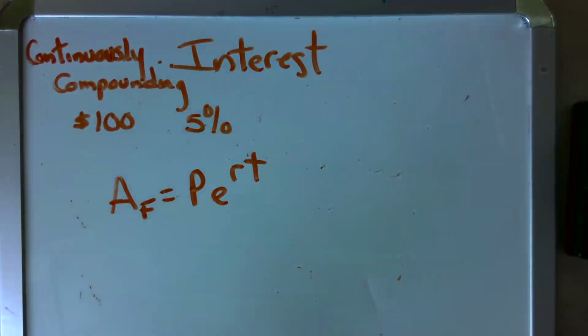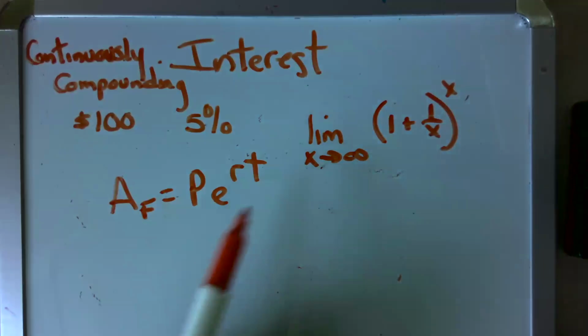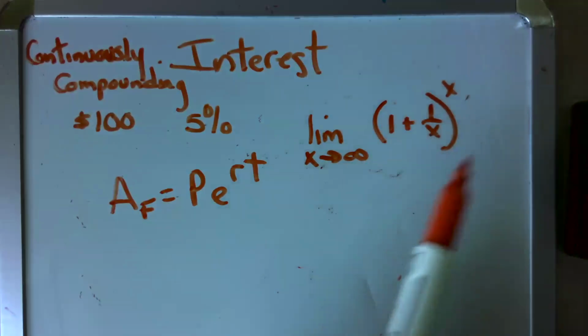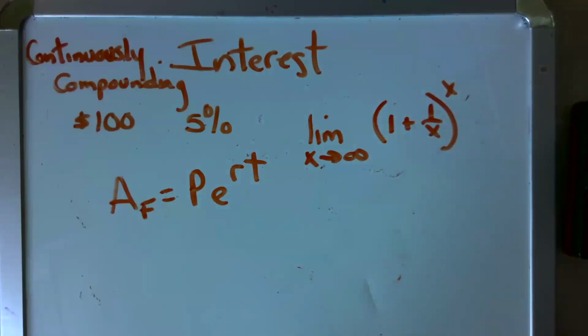e is a constant. It's an irrational number, just like pi. It's a number that occurs in nature. Technically, it is the limit as x approaches infinity of 1 plus 1 over x raised to the x. You don't need to understand that. What you need to know is that its value is approximately